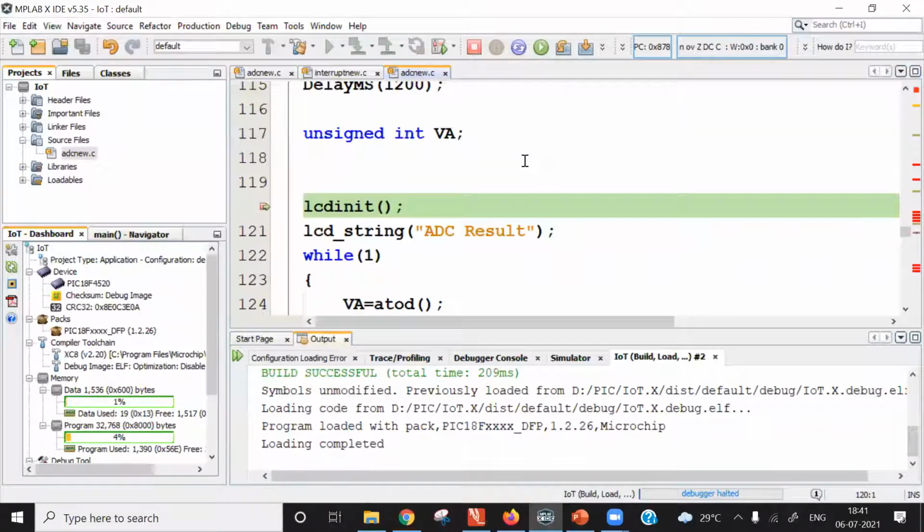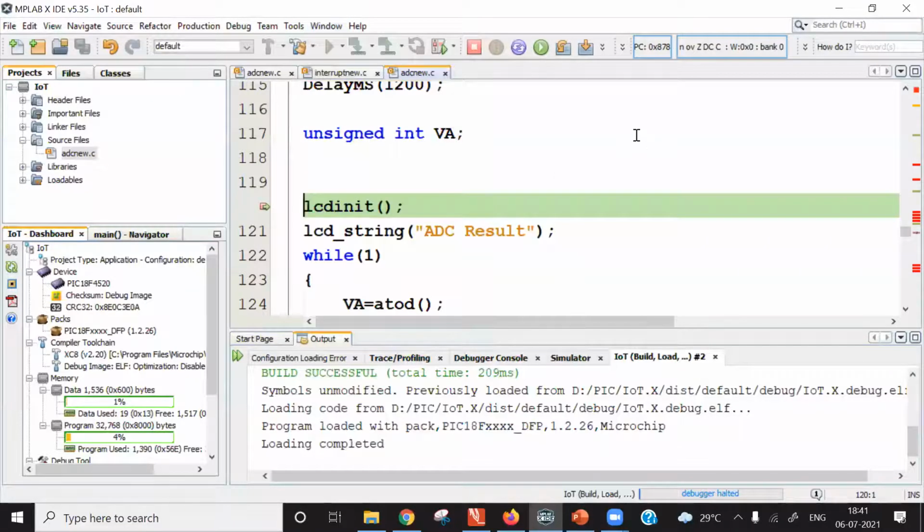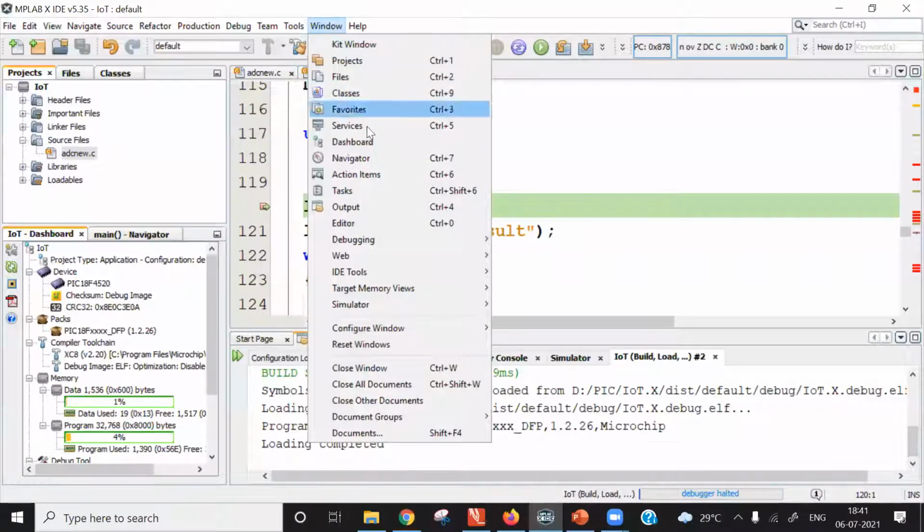To apply stimulus, just click on the Window menu, scroll down to simulator. I repeat the step. To apply analog voltage on the analog 0 channel in simulation, click on the Window menu, scroll down to simulator and select stimulus.